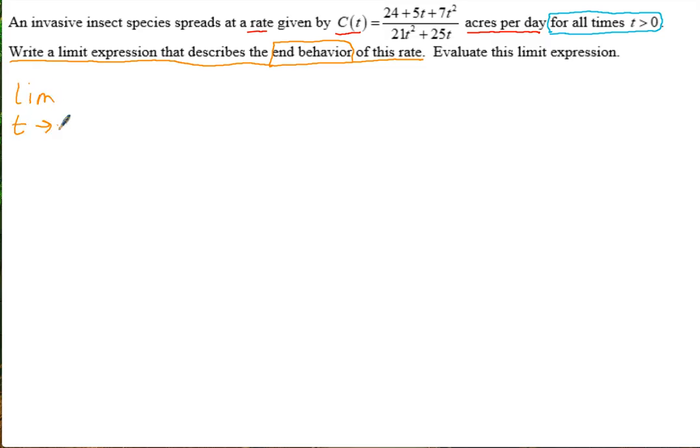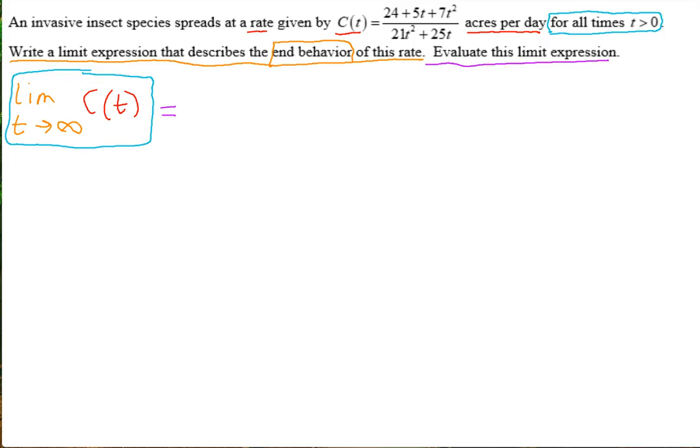So as time goes on to infinity. And then you can either write the actual equation here for C of t, or you can just write C of t for short. Either way is fine. And so that's the first thing it asks us for, to write that limit expression that describes the end behavior. And then it says to evaluate this limit expression. So to evaluate it,